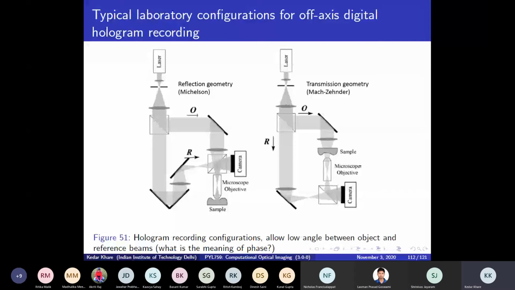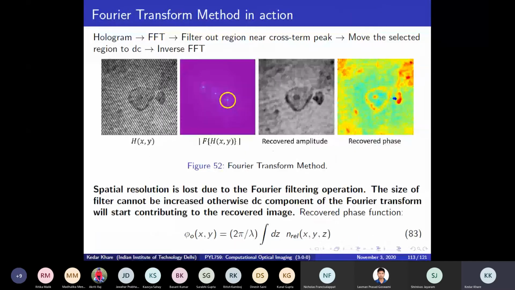So I thought that I will actually show you a specific case. When you just look at these geometries, things are not as clear. So let us take an example. Here is an example of a hologram. So H(x,y) here is a typical hologram. Do you see this hologram here? So what do you see in the hologram? Actually, can you tell me?